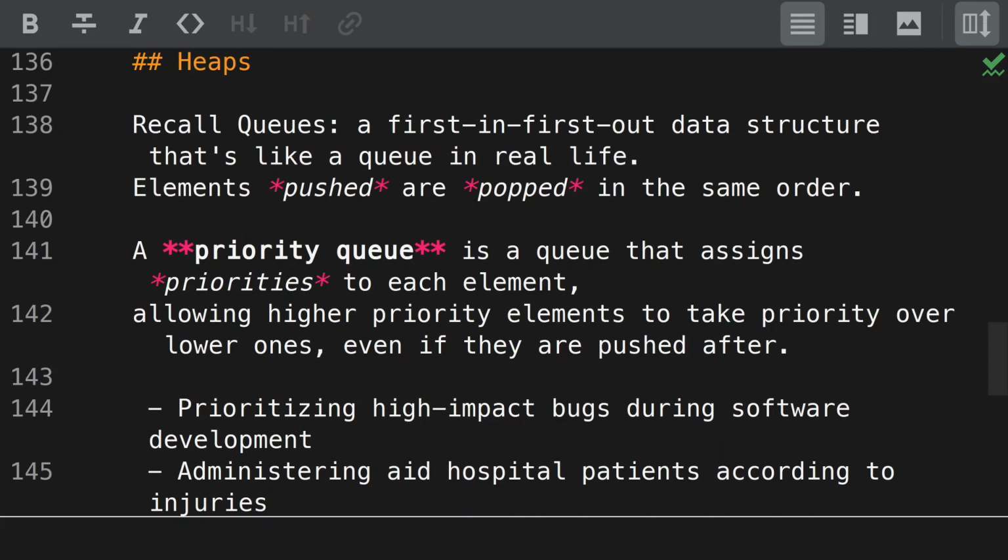And now for something completely different. Recall what a queue was. A first in, first out data structure that's like a queue in real life. Maybe you're lining up to vote or lining up to get coffee. Elements that are pushed onto the queue are popped off in the same order. So whoever lines up first to get coffee gets their coffee first among all the other elements or people inside